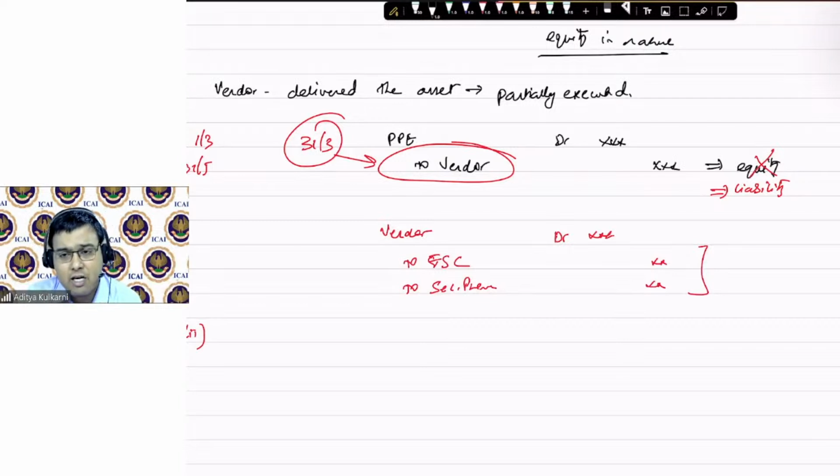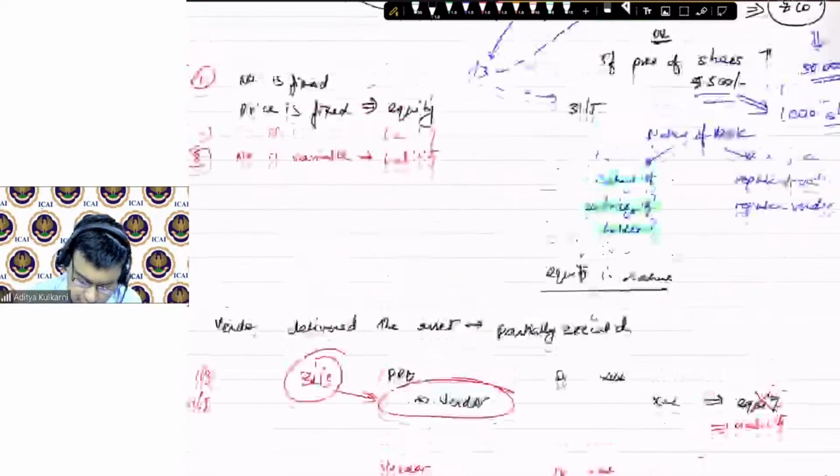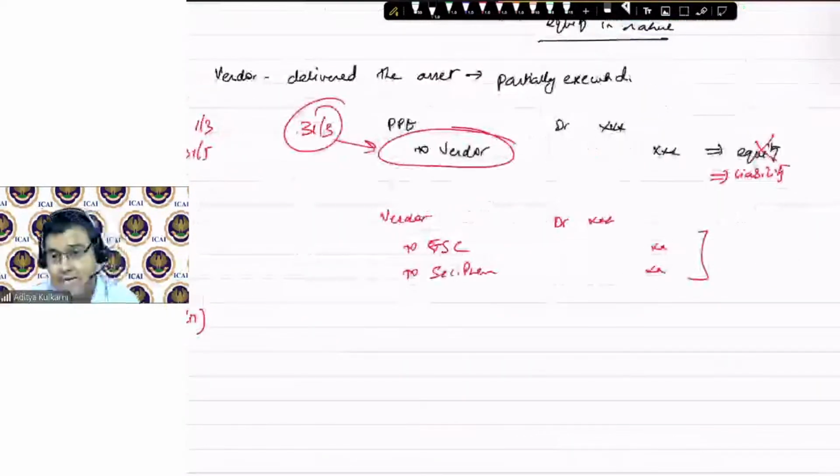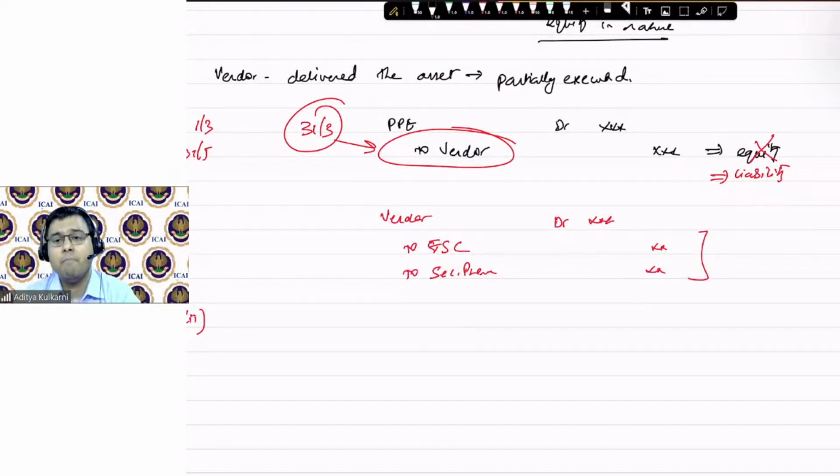Why? Because they are entered on a spot basis. The first case, when we saw that they were settled at 100 rupees per share, 100 is not an agreed price. 100 is basically the spot price prevailing on 1st March. Based on that, you calculated the number of shares. But in derivatives, settlement happens at a future date, and therefore I will determine the price today for something that will be settled in the future. So if you have to distinguish between derivative and non-derivative in exam circumstances, derivative contracts will always have an agreed price which is given to you.